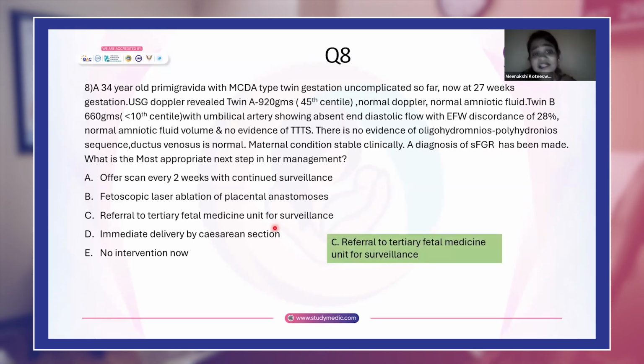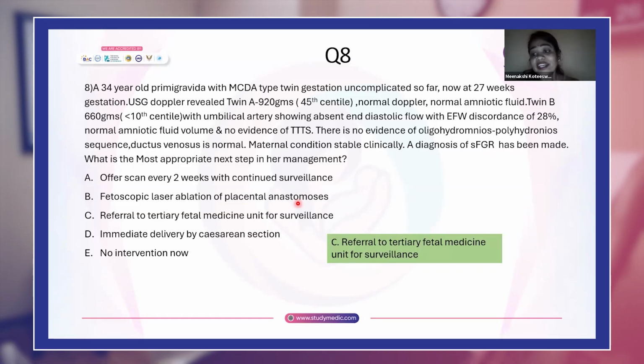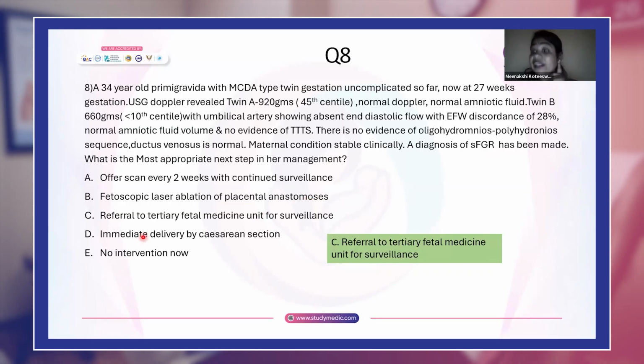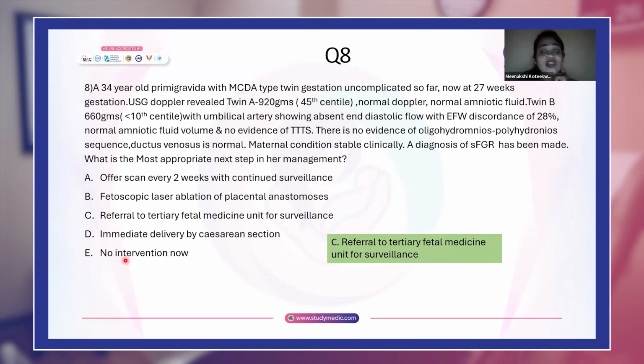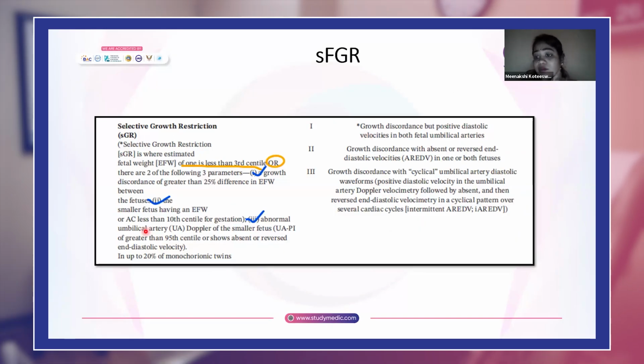Fetoscopic laser ablation, that's the treatment that you would be giving only for TTTS if it is diagnosed. Referral to tertiary fetal medicine unit for surveillance, immediate delivery by cesarean section, and no intervention now. So basically, the first thing is you can see when you look at this chart, this is one table which